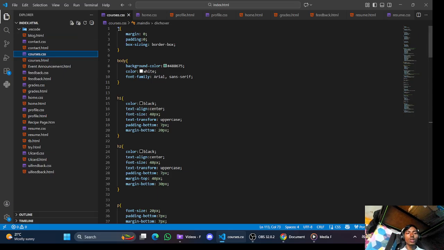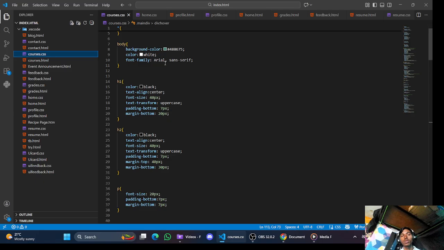So you can see this star. This star selector is what we call the universal selector. Whenever we use it, it's applied to the whole page. So we use the universal selector, and here margin and padding are both zero. Why are they both zero? Because